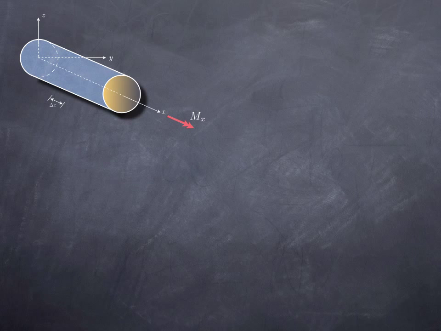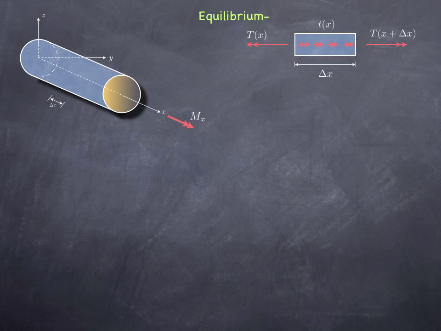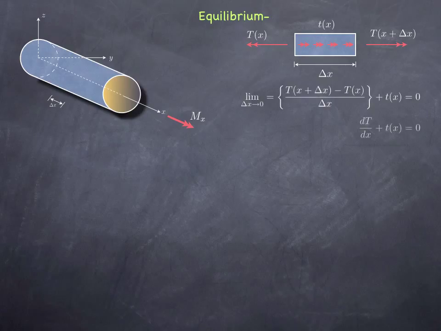denote the same. Let us take a closer look at the equilibrium of this little segment that I've isolated here for you. On the left-hand side of the free body diagram, the internal torque with its positive direction is T(x). If we have a distributed torque of magnitude little t(x) along this little segment, then of course the magnitude of the internal torque will have changed to T(x + delta x) at the other far end. I'm going to then add up all these forces or torques together to evaluate the balance